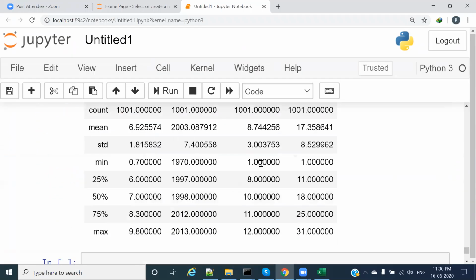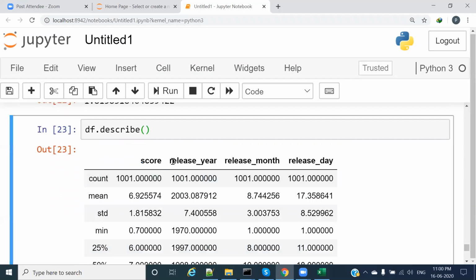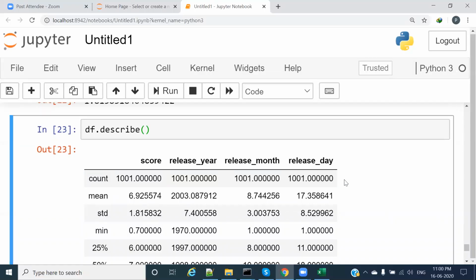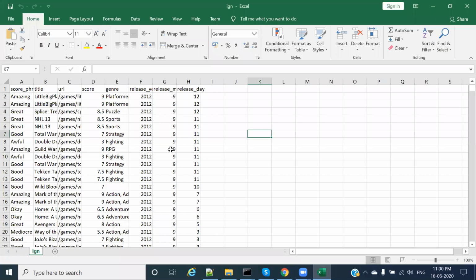If you observe the output, it is giving output for score, release year, release month, and release date. And it is one of the basic parameters. Count is a basic parameter in machine learning. So based on this, I can see how many null values are present. For example, here it is showing 1001, 1001, 1001 in all the columns, but sometimes there will be some missing values in the Excel. For example, what I will do here is I will remove something. See here, just save this file,